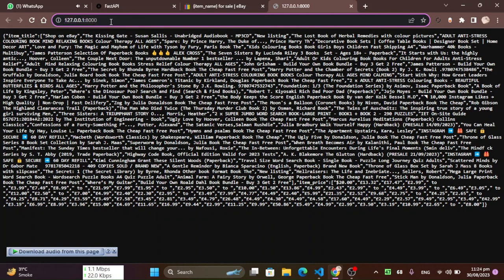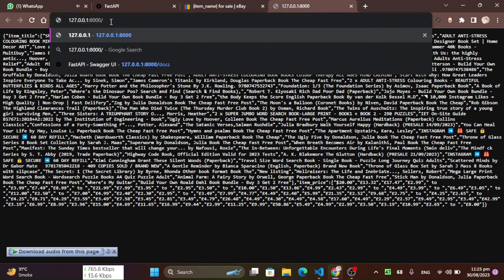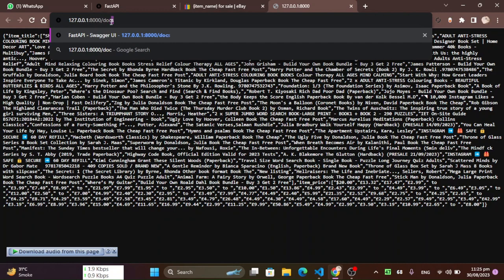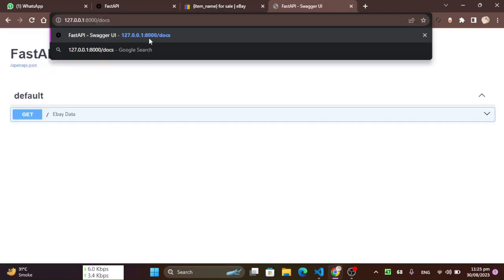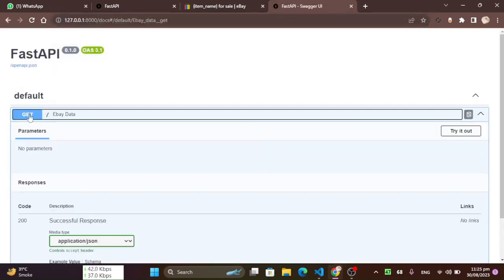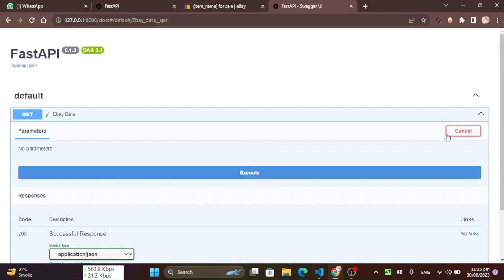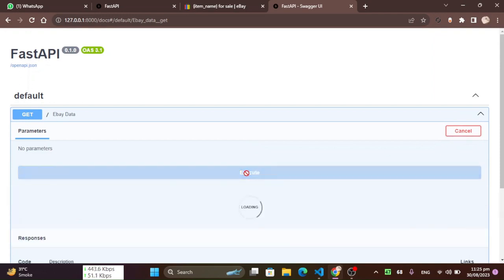Click right here on docs. It will redirect you to the Swagger UI. Enter here, click on get data, try it out and execute.